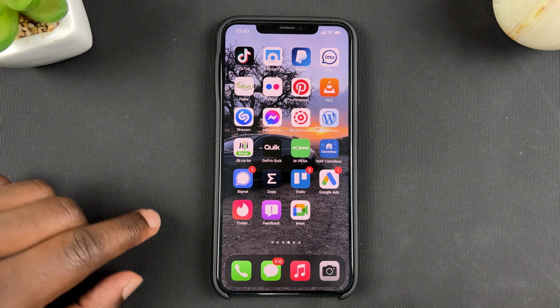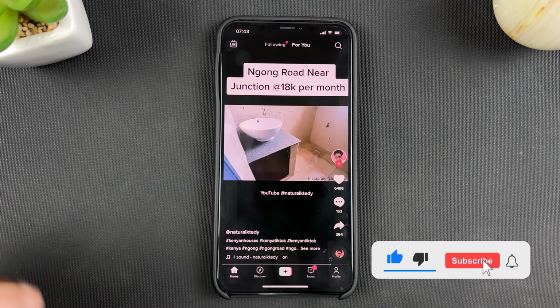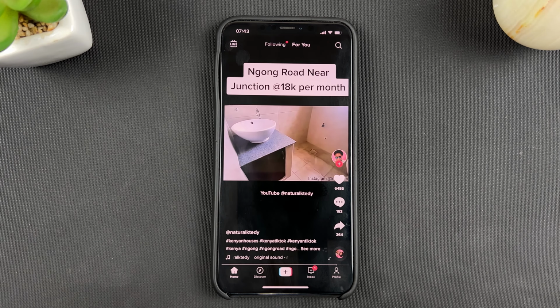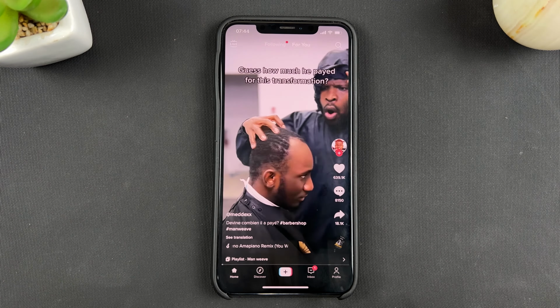What's up, guys? In today's tech tip, I'll be showing you how to make your TikTok account private. Now, by default, TikTok accounts are public,